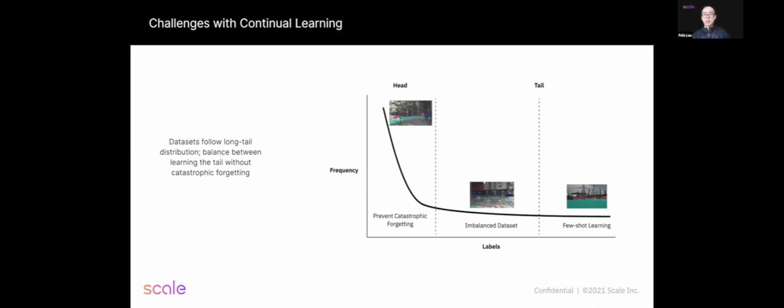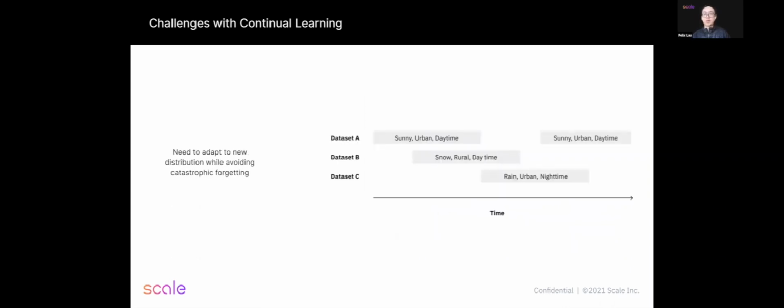The tail end of the distribution could contain construction sites and emergency vehicles, which are rare. Arguably, the tail end of the distribution is very important to get right because they represent edge cases. One of the big challenges of continual learning is to deal with distribution shift without forgetting what the network has